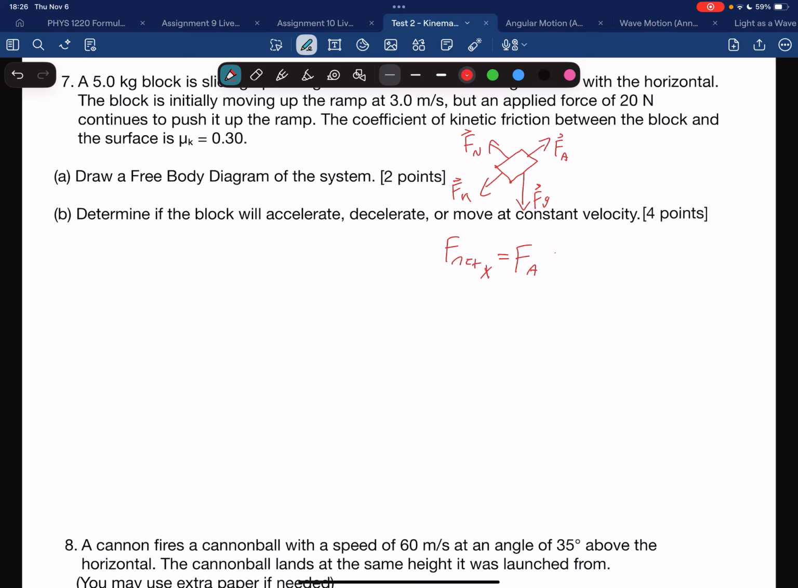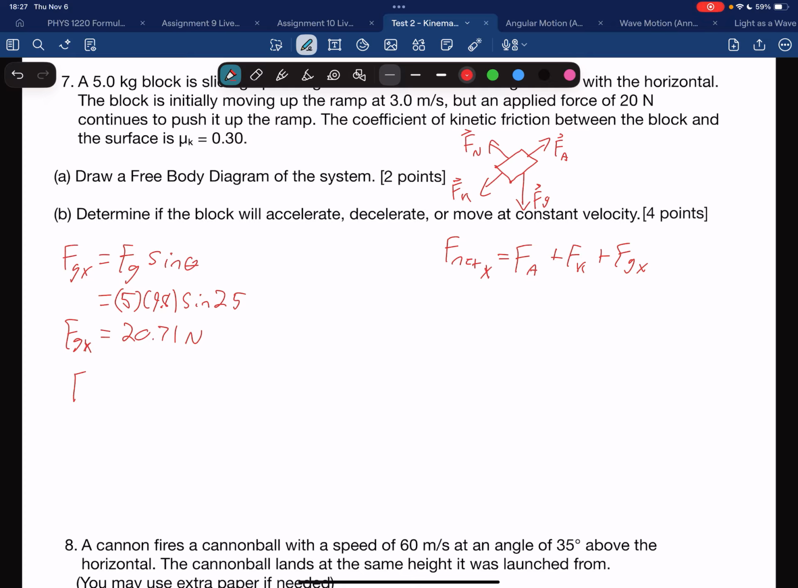And that's going to be the applied force plus the force of friction plus the force of gravity in the x direction. Applied force, we're told, is 20. Force of friction, we'll have to calculate. Force of gravity in the x direction, we'll have to calculate. So first, let's calculate the force of gravity in the x direction. That's going to be equal to Fg sine theta, which is going to be 5 times 9.8 times the sine of 25, which is going to give us 20.71 newtons, Fgx. Now, you could have stopped here,